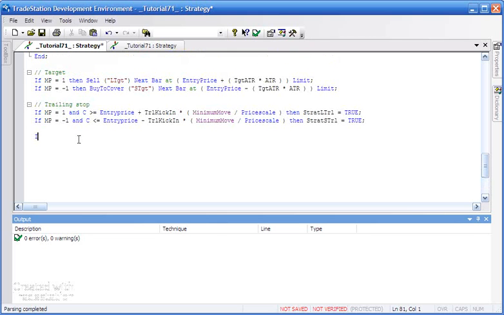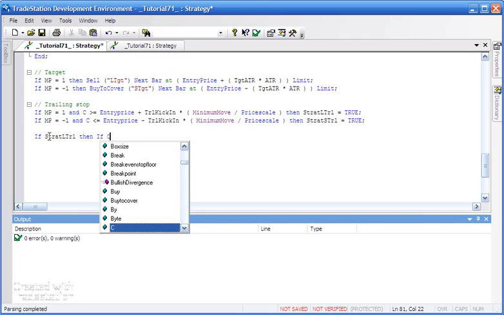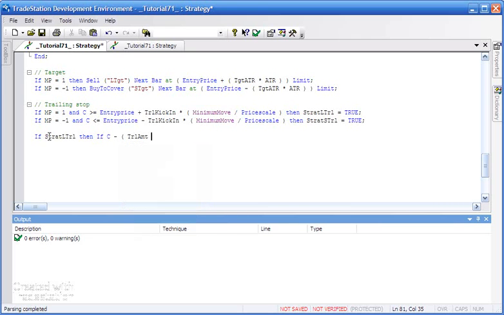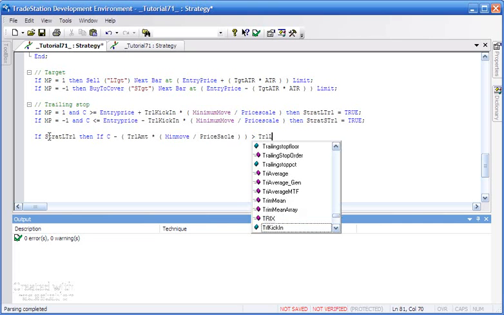We say if, I'm just going to copy it, start L trail, then if C minus trail amount, and this is another input that we need to create in a moment, times min move divided by price scale is greater than TRL L, then